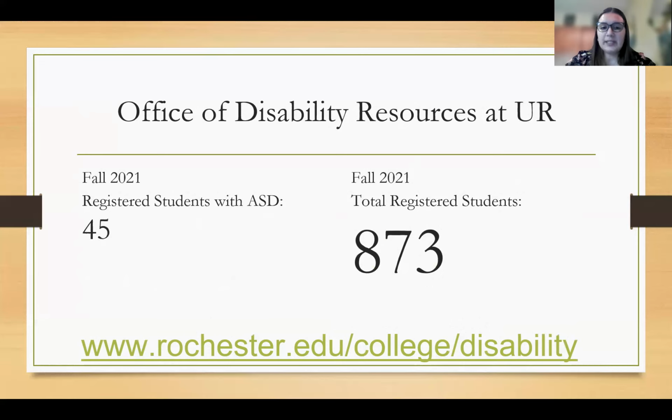If someone would like to receive accommodations through the Office of Disability Resources, they can reach out to us at our website, and there's a way to apply and provide documentation. And then individually, we look at what needs a person has, and then we work with them to provide the appropriate accommodations for the individual. And the Office of Disability Resources helps students to advocate to the professors and to faculty and staff and accessing the campus in an inclusive way that is individualized for each person.